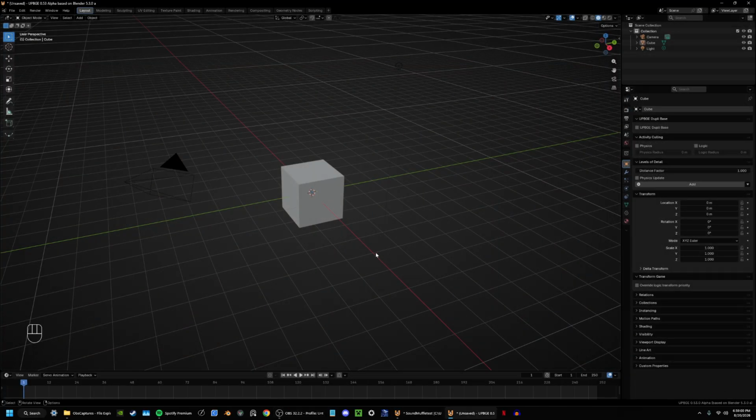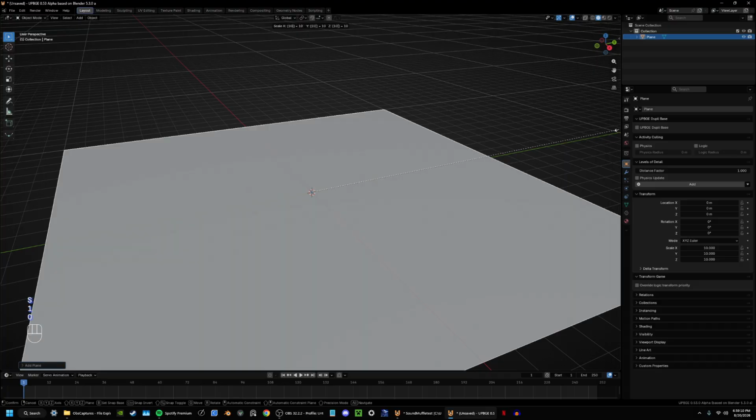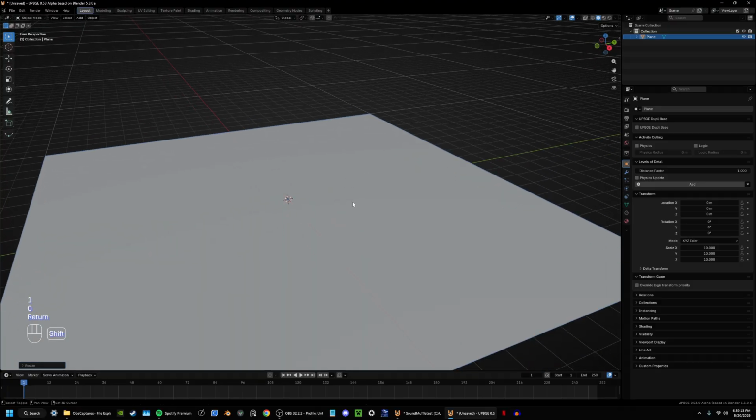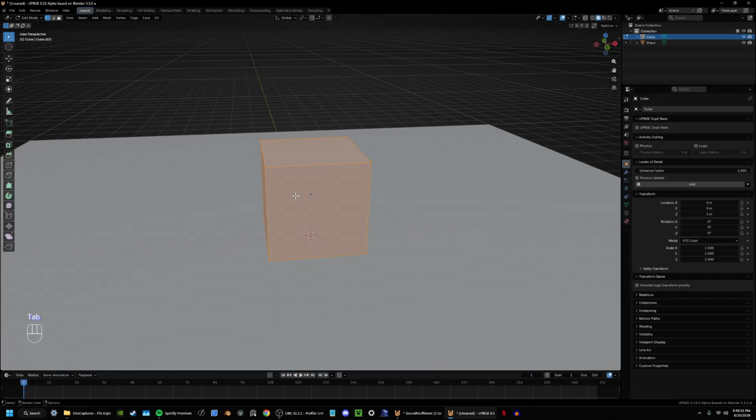Alright, so back in the new file, we're gonna delete everything here, and we're gonna add a plane. I'm gonna scale it up by 10. And then I'm also gonna add a cube, and I'm gonna grab it up by 1, and now go into edit mode and press S, Shift Z, and you'll be scaling by the X and Y axis at the same